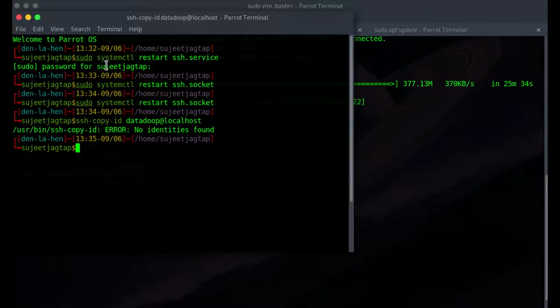So since your default user is under the root access list, you can restart the entire SSH service. After that's executed, you can type this, that's sudo systemctl restart ssh.socket. So after that, you will have to execute this specific command.